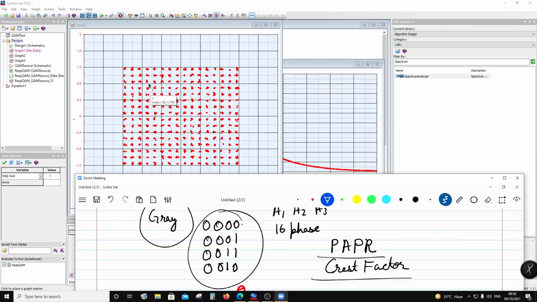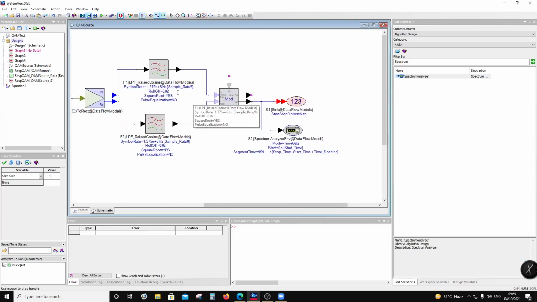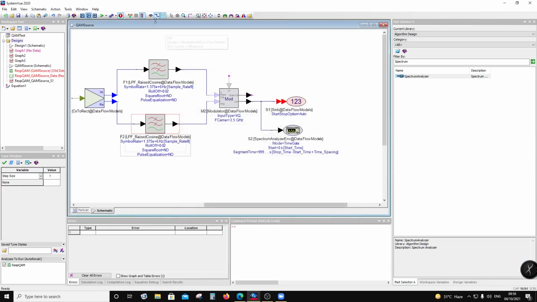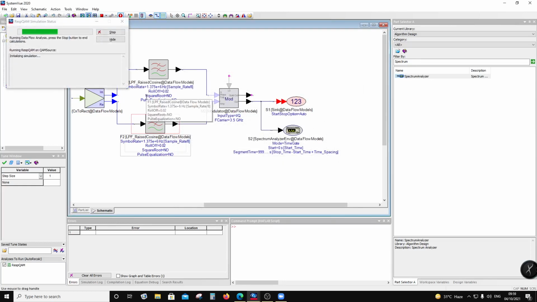Okay, so what you have received is 256 bins in that constellation. Now if I want to see the ideal, the ideal case would be I take this filter and remove the roll off. So I'd say I don't want to show it a roll off, right? And then you should get exact blue dots, what you are seeing, right? So if I simulate this,